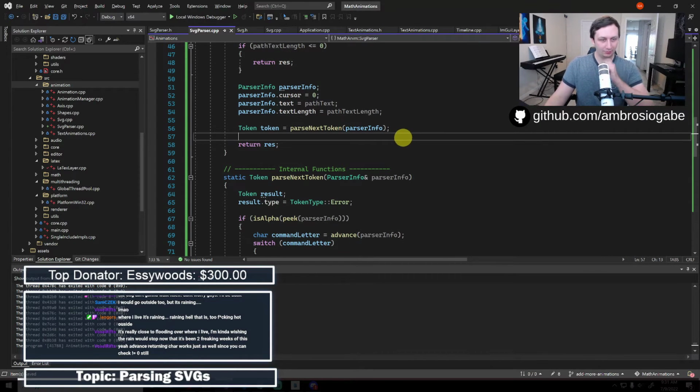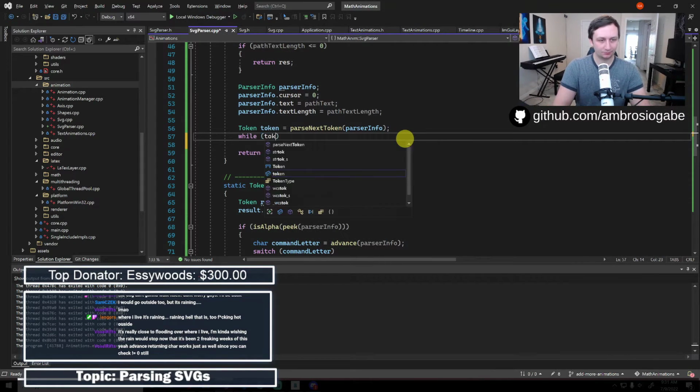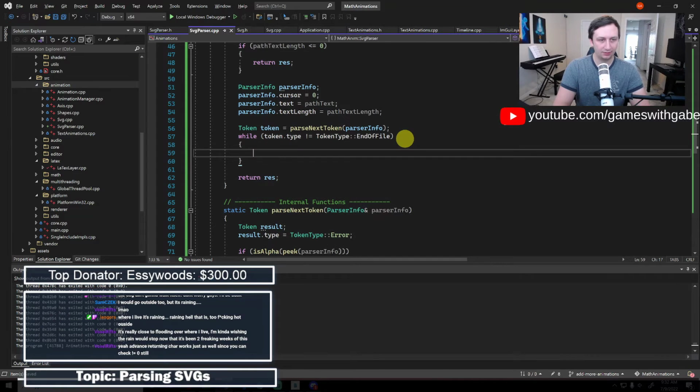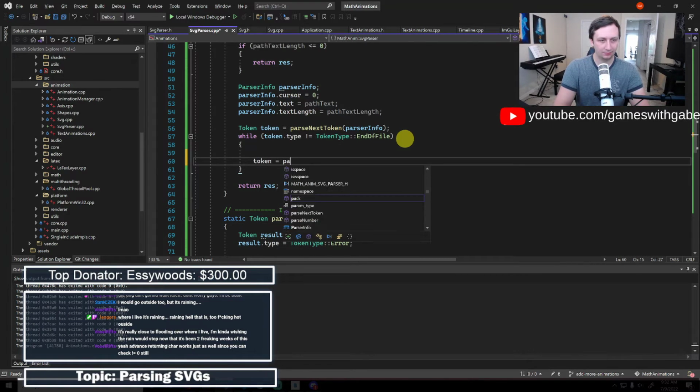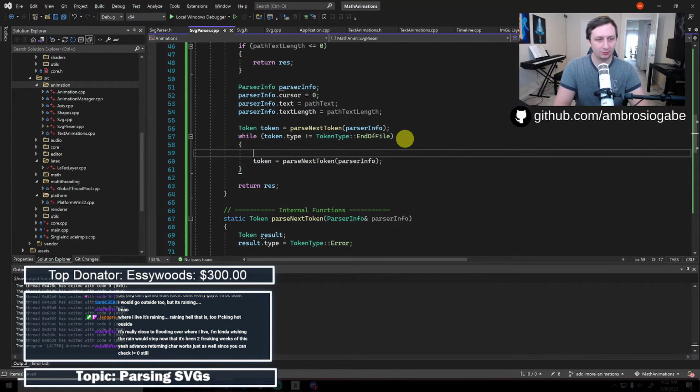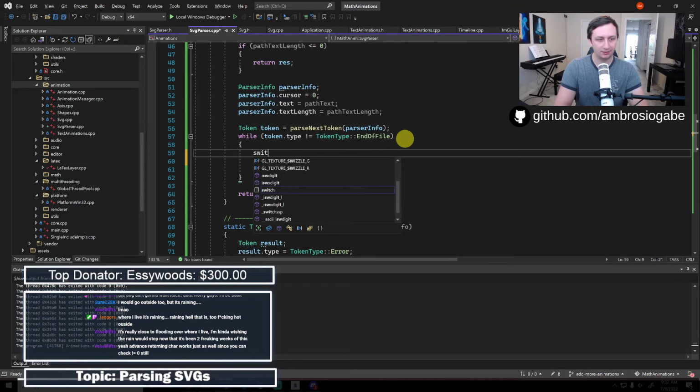So we parse the token, and then we'll say while token.type does not equal token type end of file, we will continue parsing tokens. Yeah, okay. So that's fine. And then what we do here is we'll basically say switch on the token type.